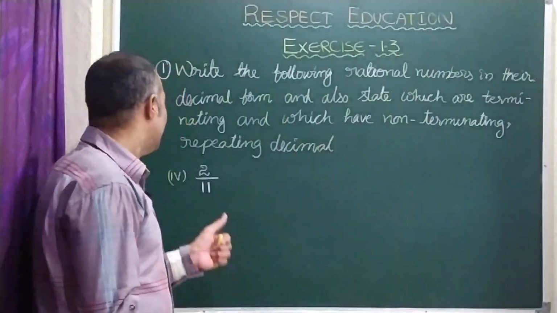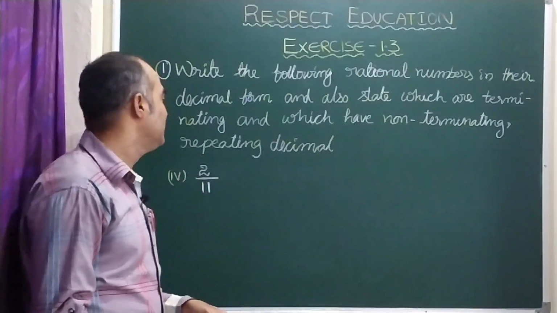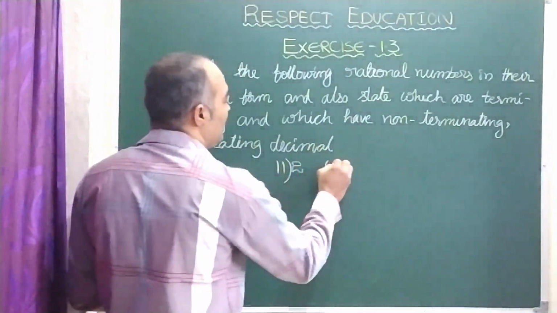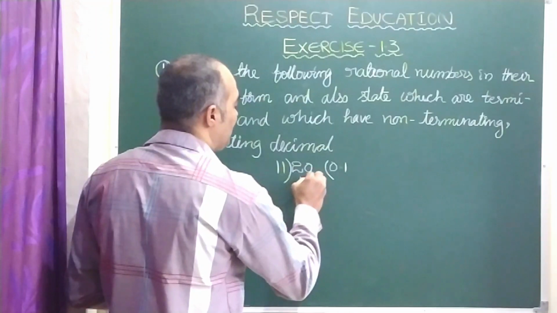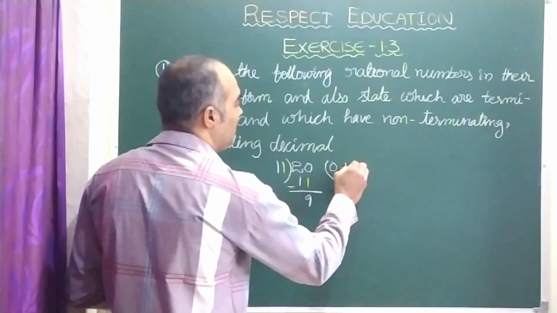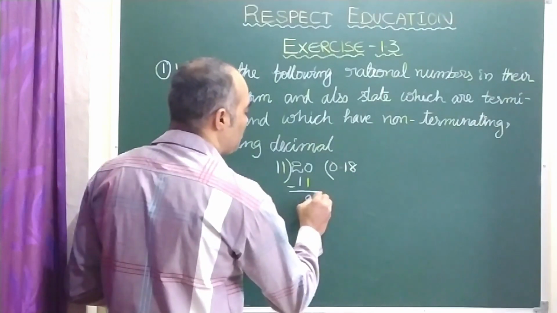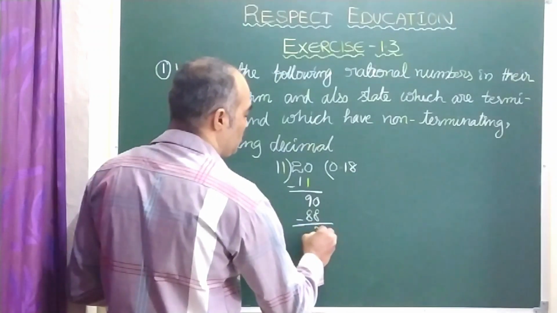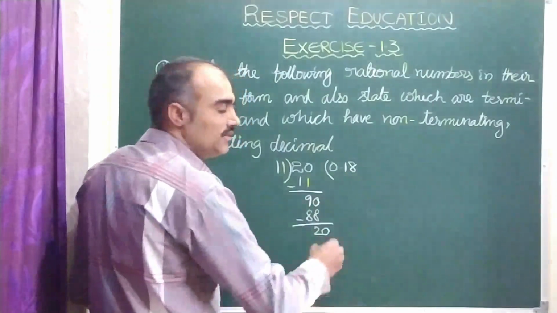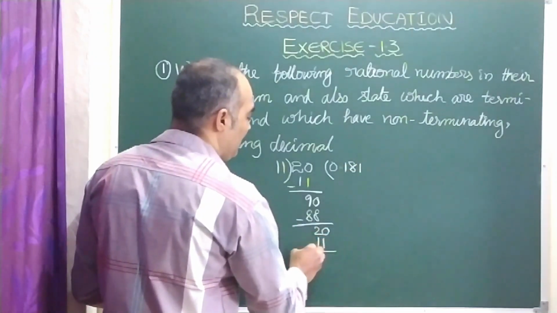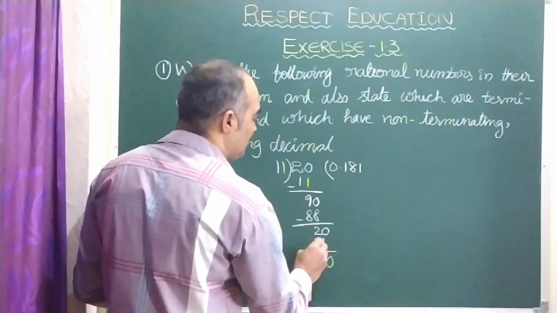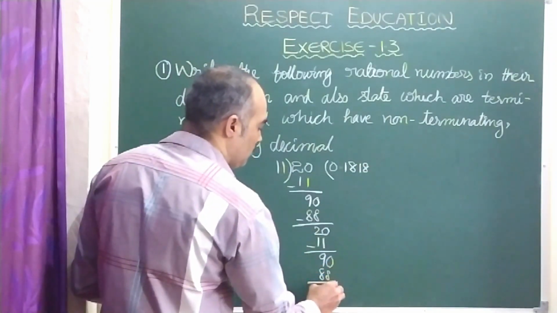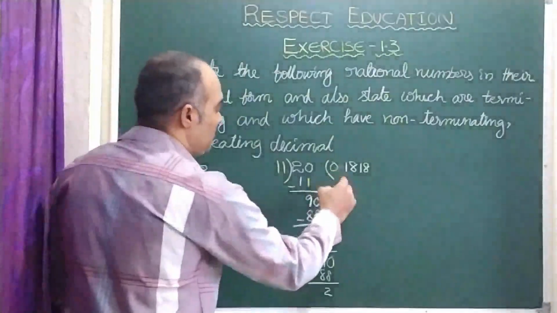Now let us see the next bit, the fourth bit, 2 by 11. Let us write 2 with 11. 0.2 becomes 20, 11 1s are 11, so 9 on subtracting. Because of the point, 0 comes, 90, 11 8s are 88, so it is 2 again. Because of the point, 0 comes, so again 11 1s are 11, again 9. From this point again 0 comes, again 11 8s are 88, again 2 comes. See, from this point again 0 comes.